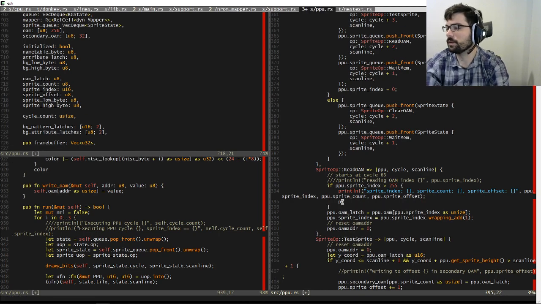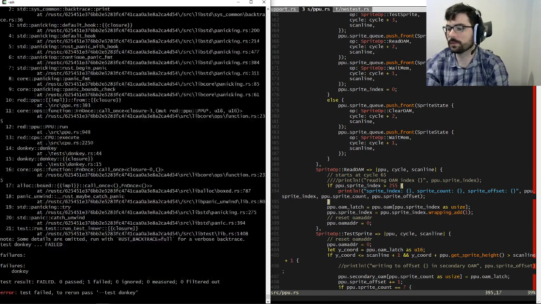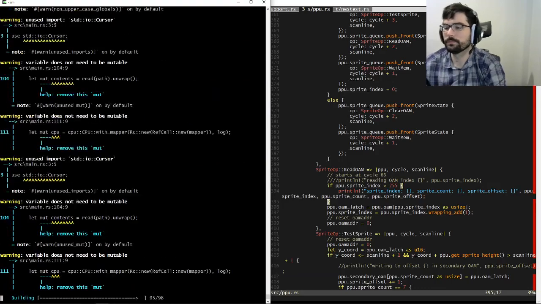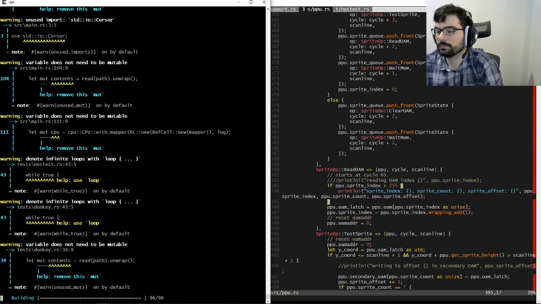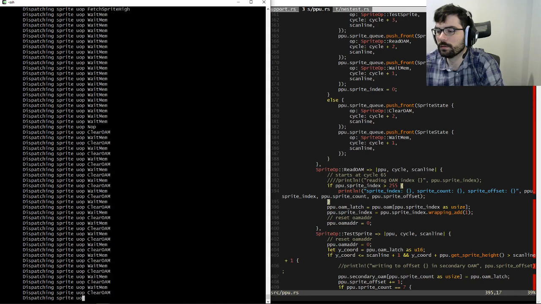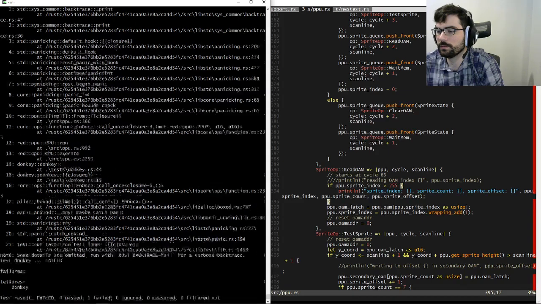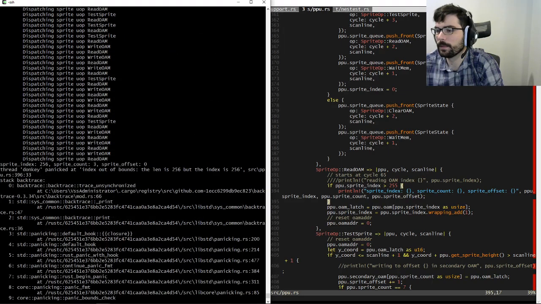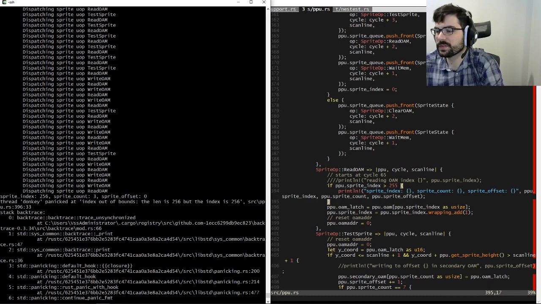I guess it'll just explode anyway, so who cares? Shablam, okay. Sprite index 256, sprite count 3, sprite offset 0.